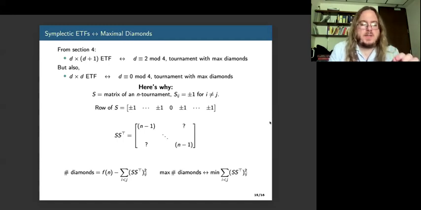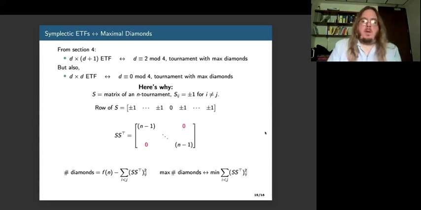But then I have this sum. I'm subtracting off this sum of the off-diagonal entries squared. So when I fix the number of vertices, when I fix an n, this f of n is fixed, and then I'm trying to maximize the number of diamonds there. This is like minimizing the sum of the off-diagonal entries squared. And because it's a sum of squares, the best I can hope for is that these off-diagonal entries are all